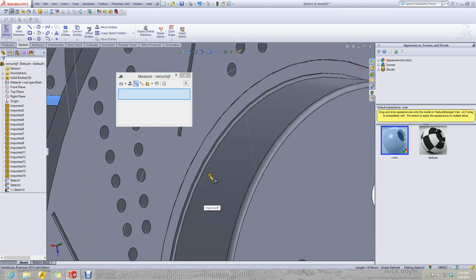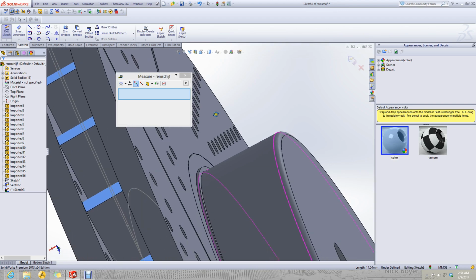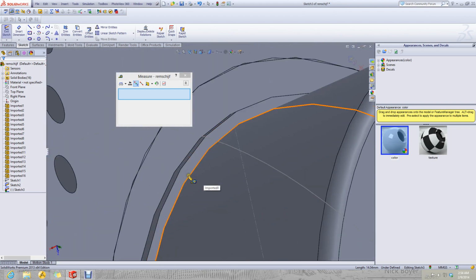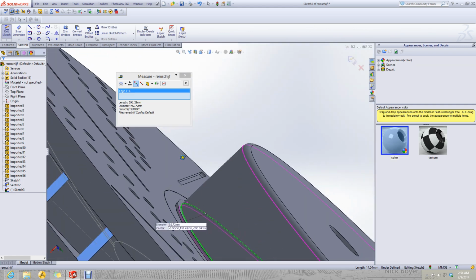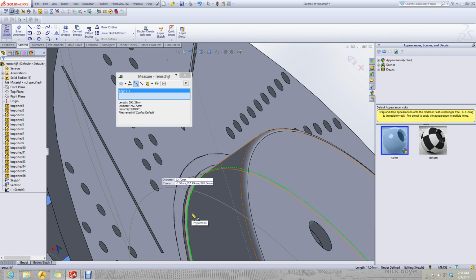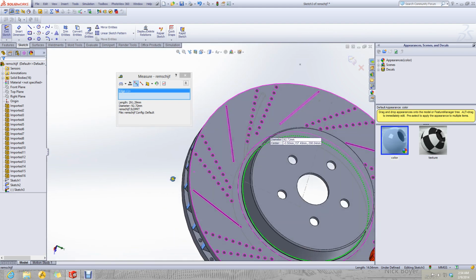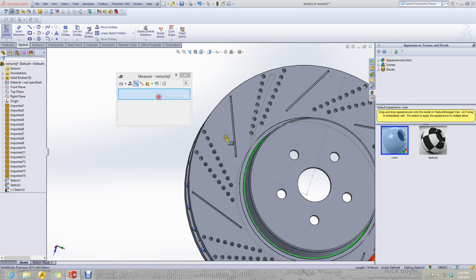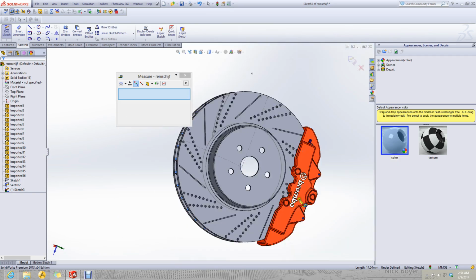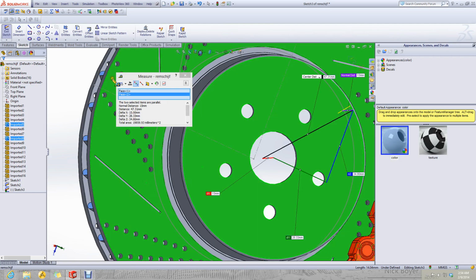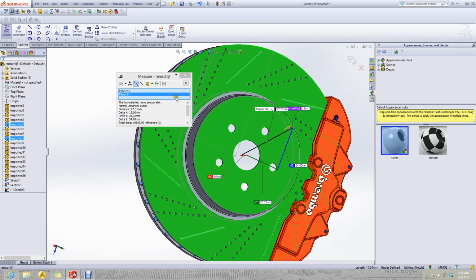Let's measure the base of this. It is 92.72 diameter. And its height from the base is 15 millimeters.